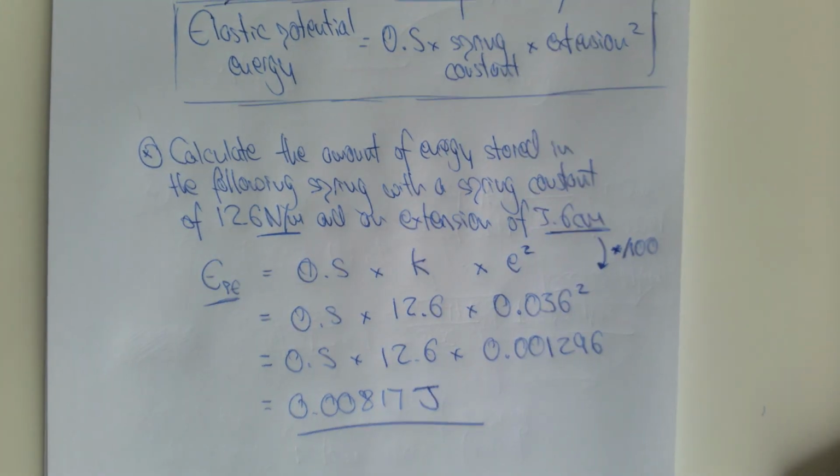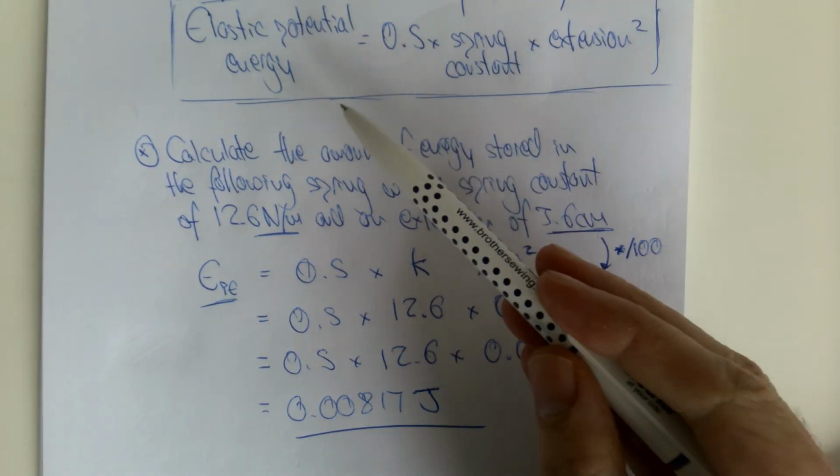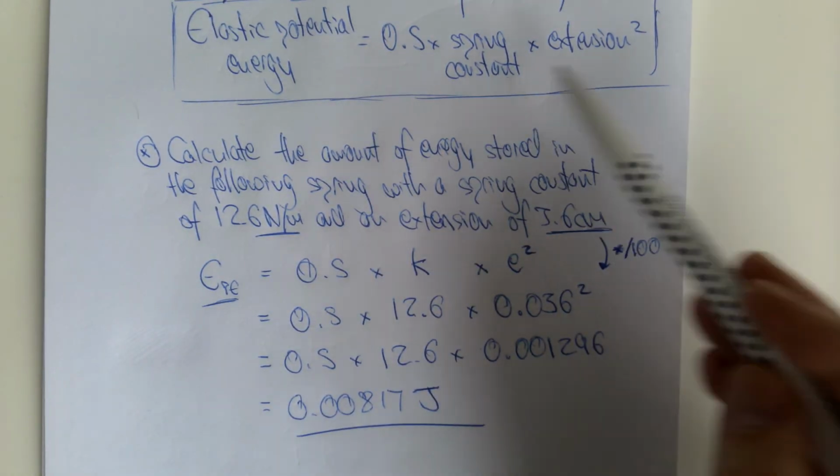So that's how we go about using the elastic potential energy equation of 0.5 times spring constant times extension